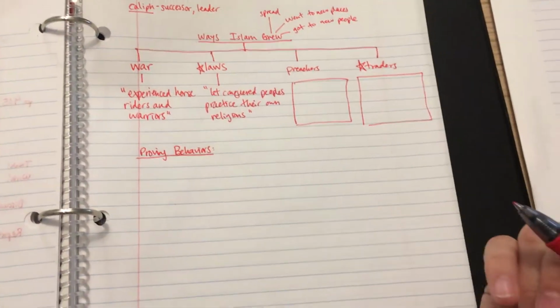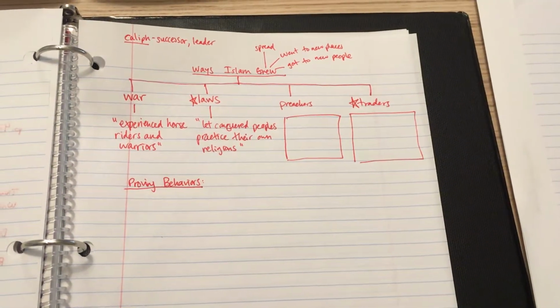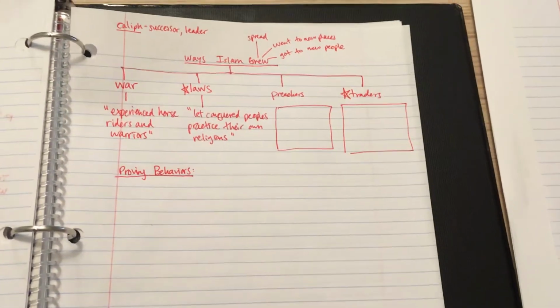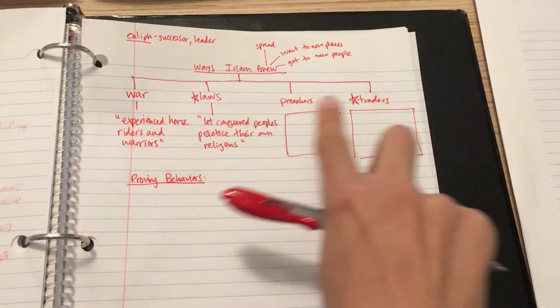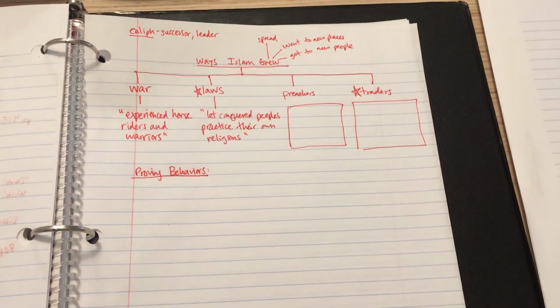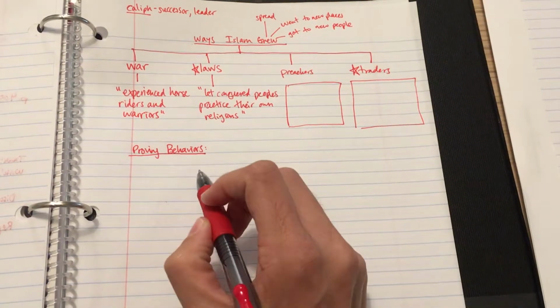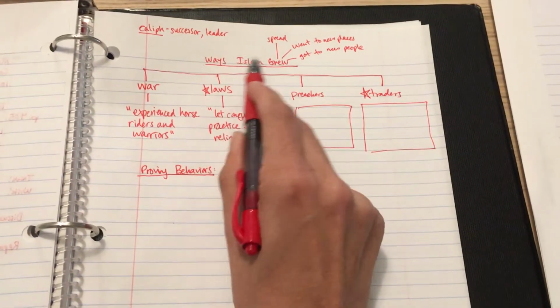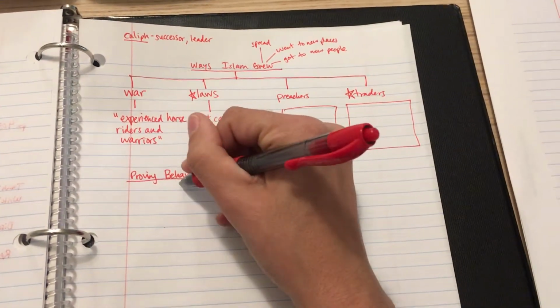I'm going to give you some sentence starters, and you're going to have to fill them in and complete them in order to achieve your objective, a 3 for the day. You want to make sure you have your 2 boxes filled in, that you've starred which of these 4 you think are the 2 most important, and that you've completed this paragraph to get that 3. For the proving behaviors, we always want to start with a paragraph that has a topic sentence. And the topic sentence always comes from the top of our tree map. So I'm going to start by saying,